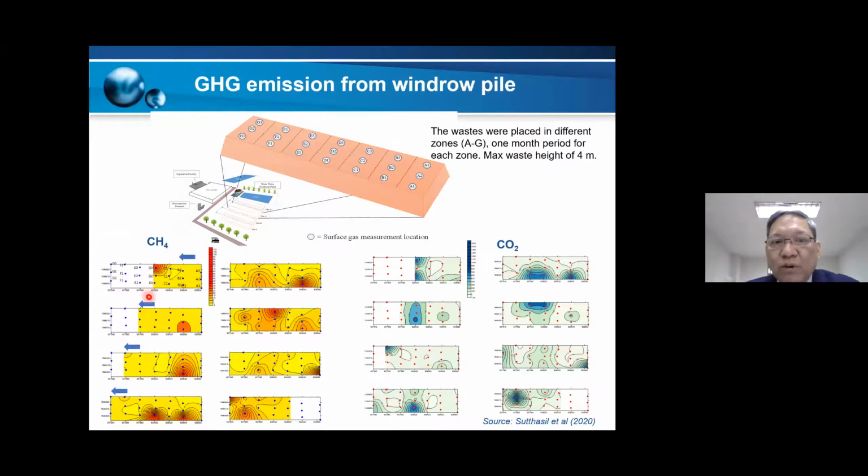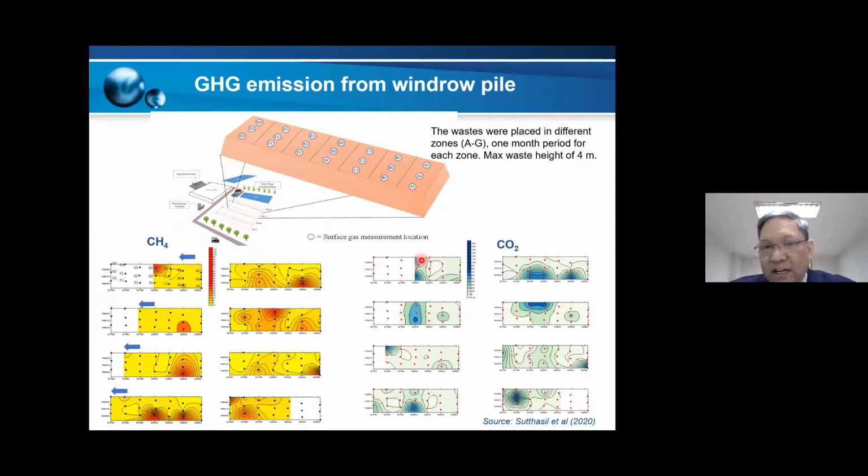Unfortunately, because we use quite a large windrow pile, there is substantial methane produced during the degradation, so anaerobic function occurs. This pile has no roof, so probably during very high rainfall periods, anaerobic conditions develop in this pile. This is a heat map of the gas emission, and there are some hotspots of methane production inside this waste stabilization plant.